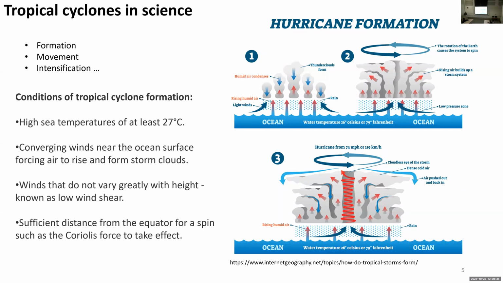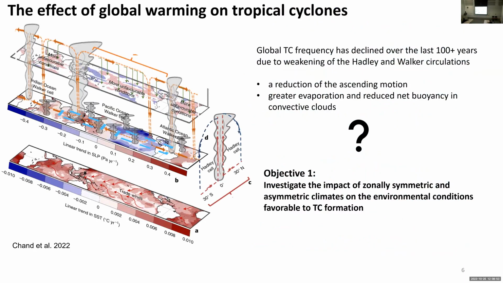So it's obvious that the formation of tropical cyclones is very delicate and requires lots of conditions. Once the environmental variables change in the future, it will definitely influence tropical cyclone formation. For example, on this topic, research from Chad et al. 2022 pointed out, based on their analysis over the past 100 years,